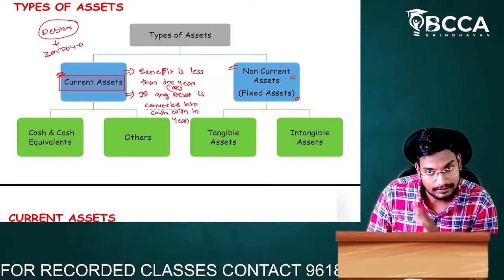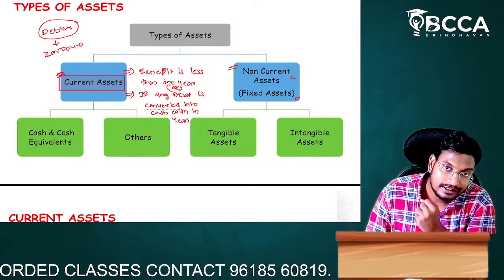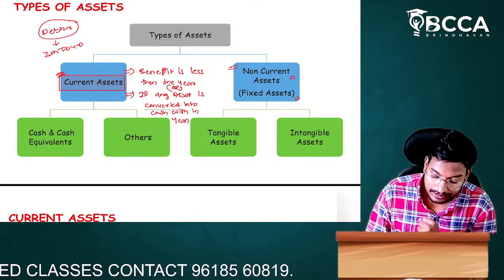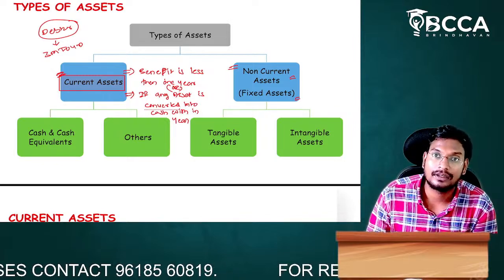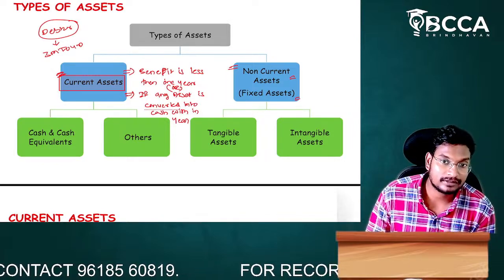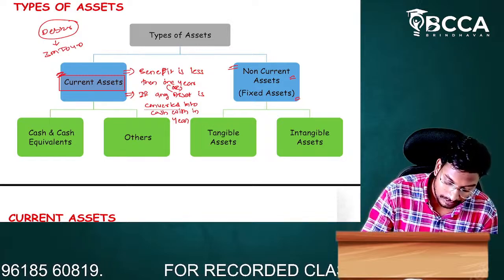Current asset. So is the benefit less than 1 year or more than 1 year, sir? Benefit is less than 1 year. So here the debtor is called a current asset, and the building is called what, sir? Non-current asset. So again,